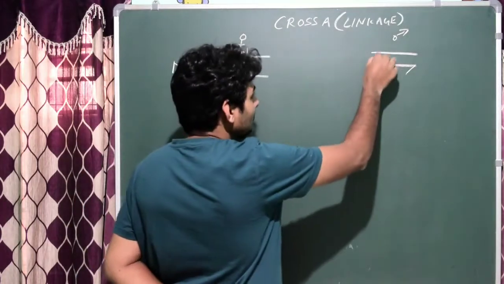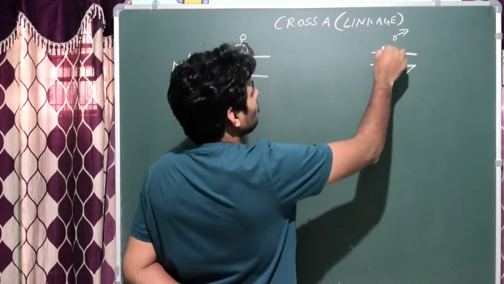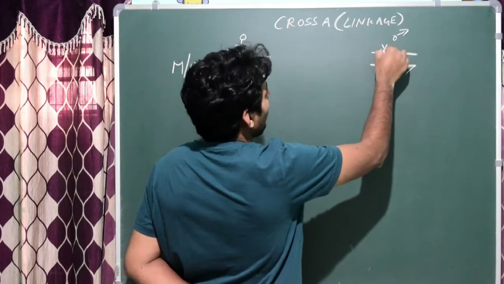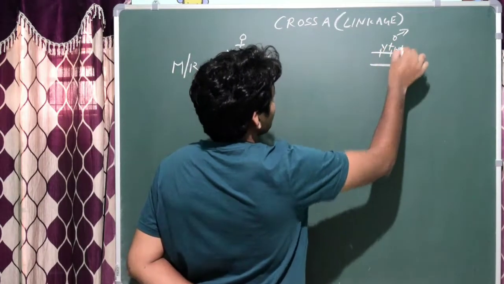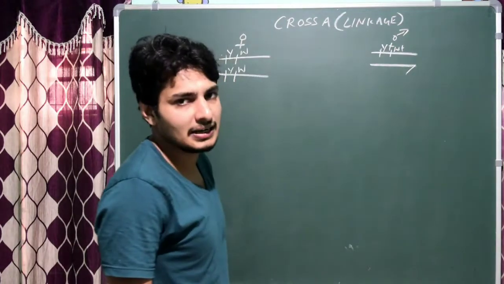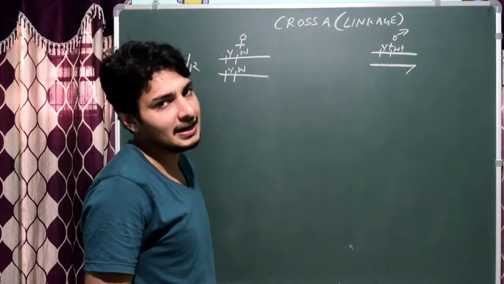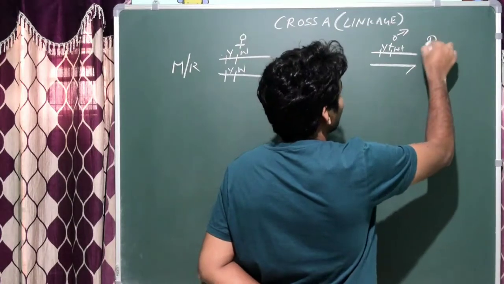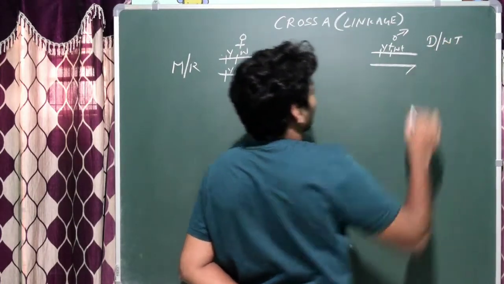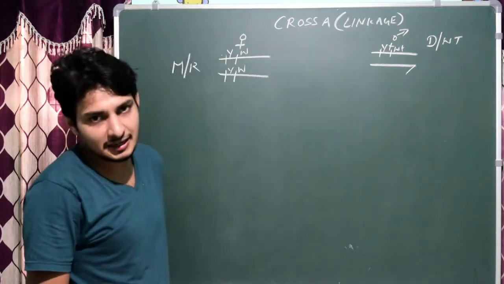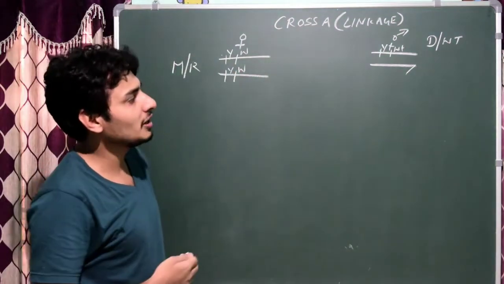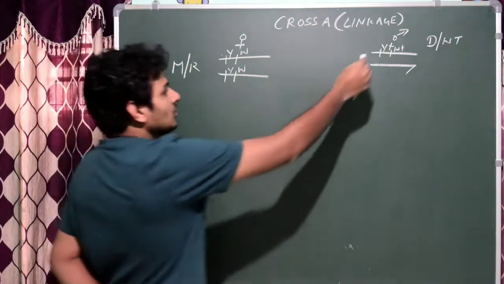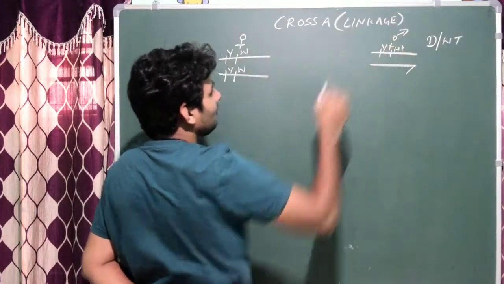You could see here, on the X chromosome there are y plus and w plus, whereas the Y chromosome doesn't contain any genes for body color and eye color, you know it. So y plus w plus is actually the dominant type. It is also the wild type. From here onwards, when I say wild type, it is understood. That means y plus w plus, so this is a brown body, whereas the color of the eye is red.